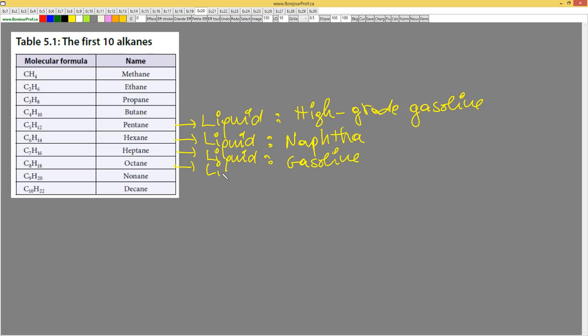Octane, liquid. Also in gasoline. The nonane is also liquid, but this one we find in fuel. And the decane, liquid, fuel,